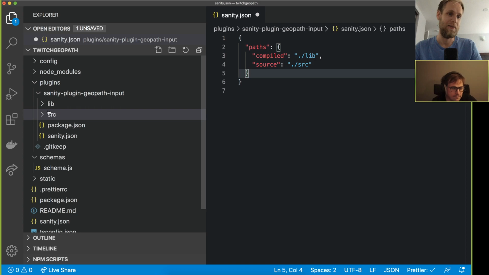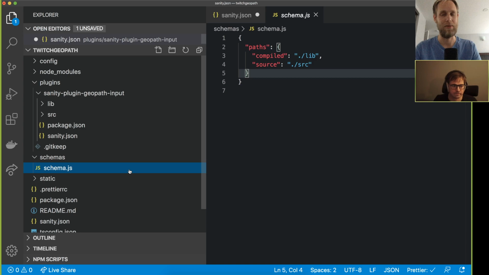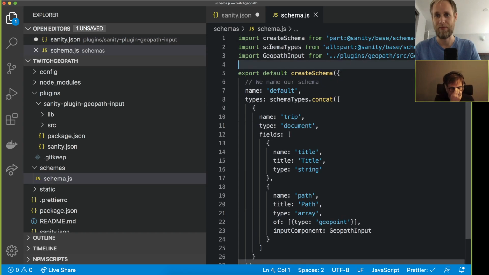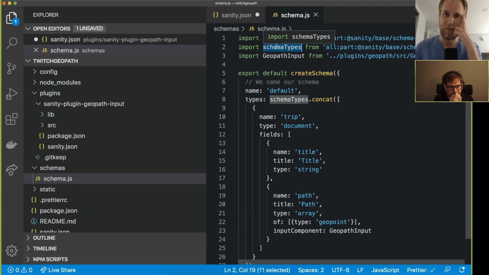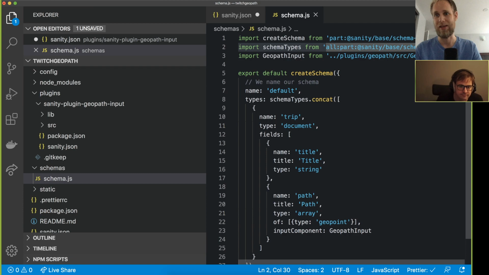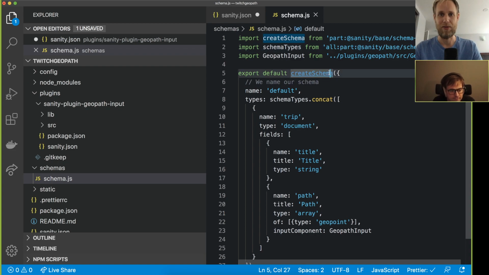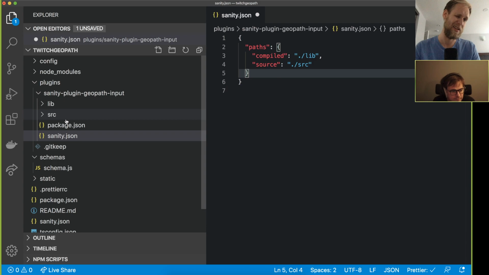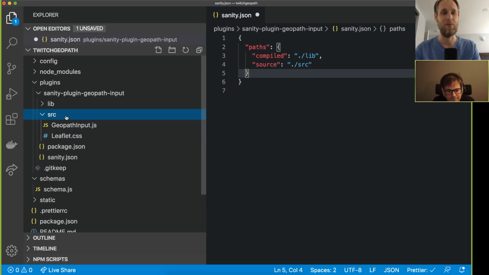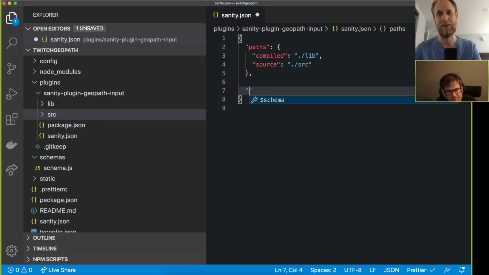So it just makes it easier for development. And sometimes you want to provide a schema type that people can just install into their studio. For instance, here you can see all the studios are bootstrapped with this thing where you get all the sanity-based schema types, and then you concatenate your own schema types on top of that. So that means that if I now want to provide a schema type for this, which in this case is just an array of geopaths,